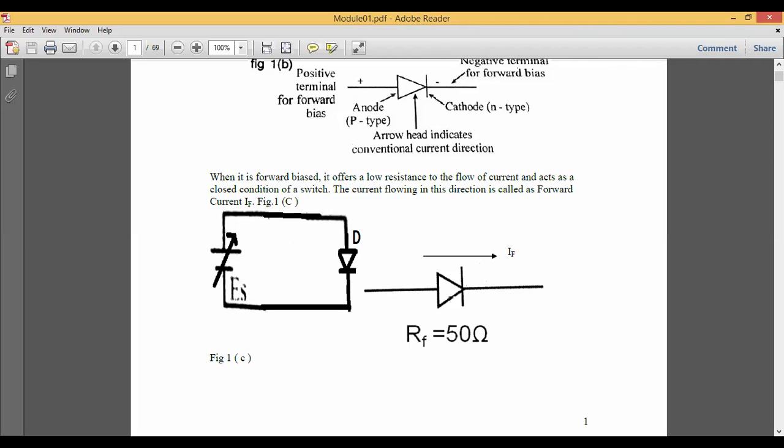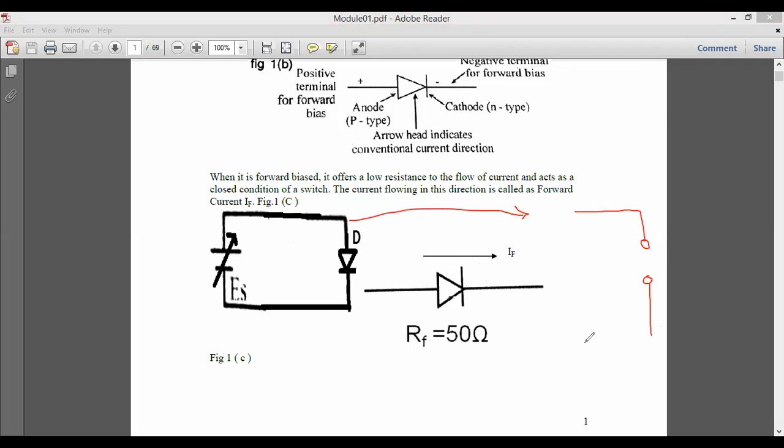What do we mean by this? If the resistance is low, the path will get short circuited. For example, let me draw this figure again. If this is my diode and this is the battery I apply, this is plus, the positive, and this is minus, the negative. The flow of current will be in this particular direction. When the diode is under forward bias, the path through this diode will be short circuited. Why is it short circuited?